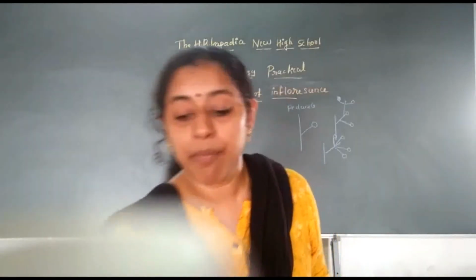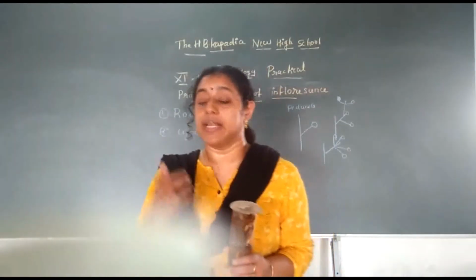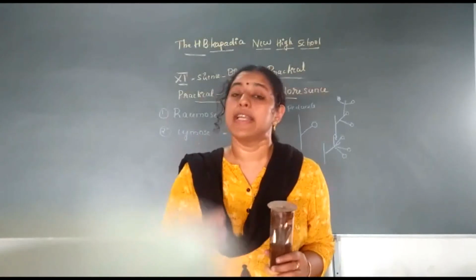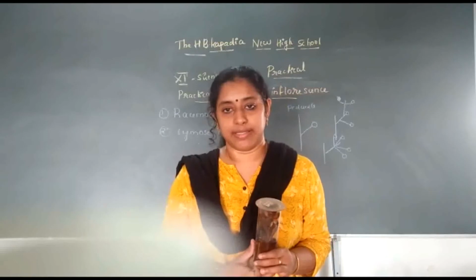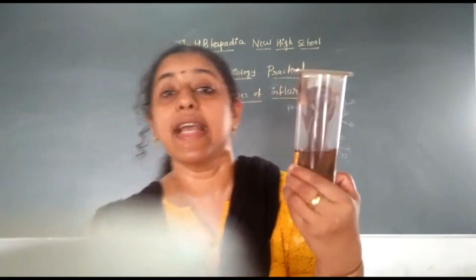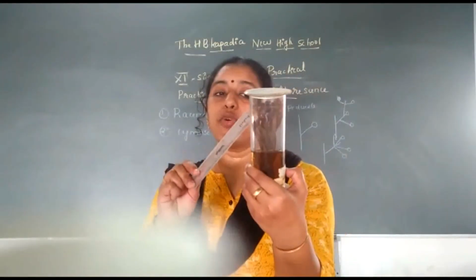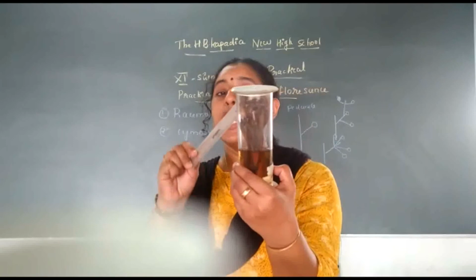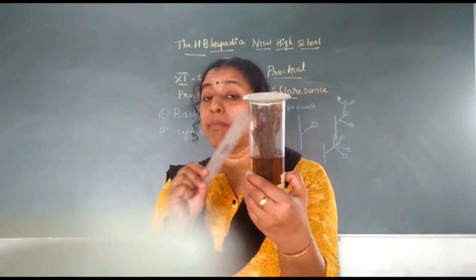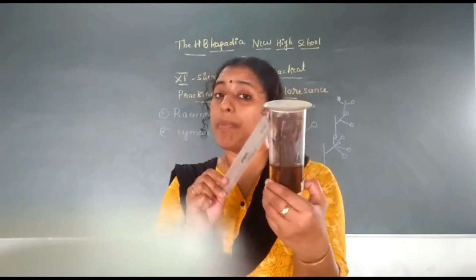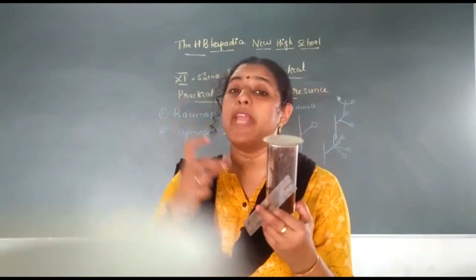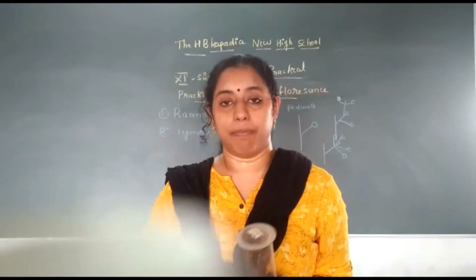A typical example for this multiparous inflorescence, multi means many. When many flowers are arranged at a single axis, it is called multiparous inflorescence. A typical example for this multiparous inflorescence is nerium. So this is a nerium inflorescence. When you look into the inflorescence, you can find that the axis is divided into multiple branches and each of the branch is terminate into a flower. As a result, the inflorescence will be having a bushy or a bunchy appearance.